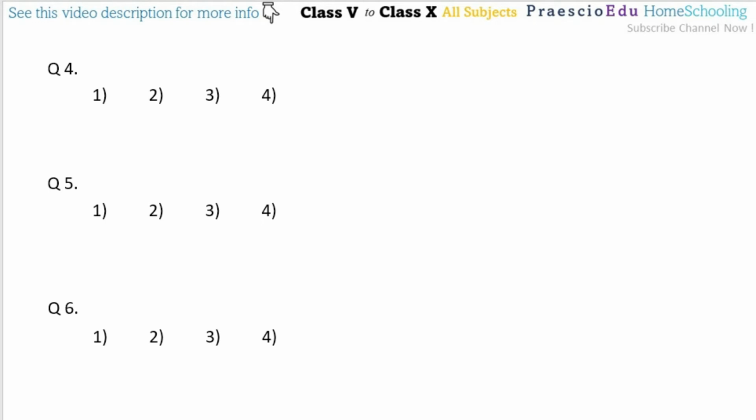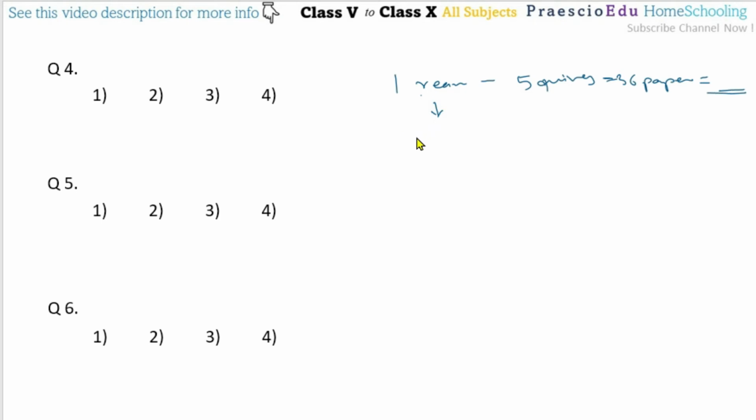Out of one ream of paper, 5 squares were used for printing. Means there is a total of one ream of paper, minus 5 squares of papers used for printing, and 36 papers were wasted during printing. How many papers remain? So these 36 papers we also have to deduct, and then it is equal to how much, that is the meaning. Okay, so one ream, and we have to calculate everything in papers, because it is asking how many papers remain, so this one ream we have to convert into papers.